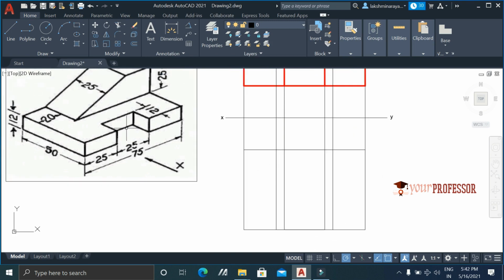Here we can see a rectangular hole, right? This is at a distance of 12 mm, so let us draw that. From this point, draw a horizontal line at a distance of 12 mm. If you erase, then we can have this profile. I will highlight this one with red color, then you are able to understand. This is the base profile.